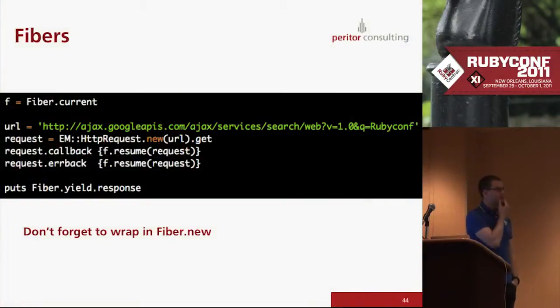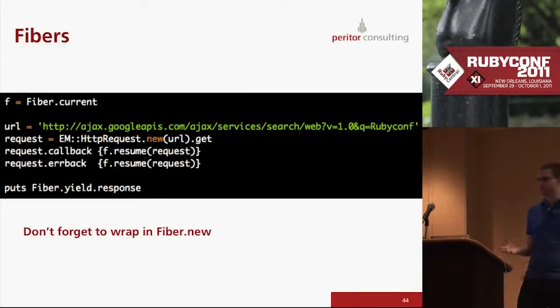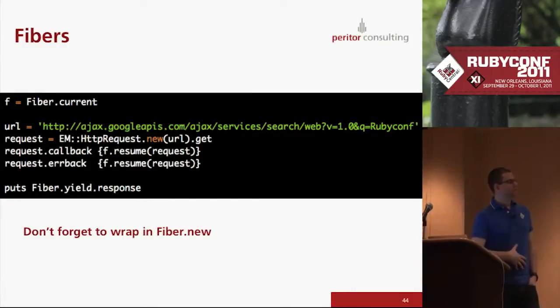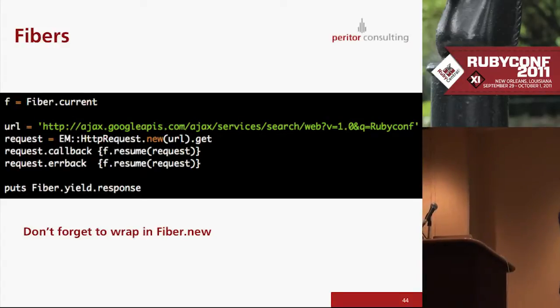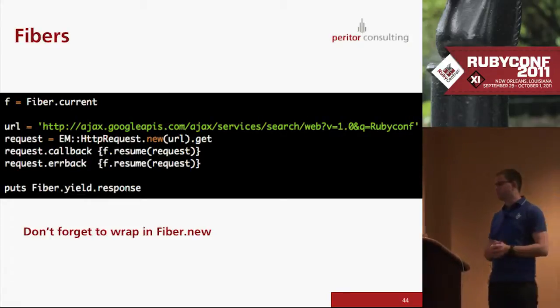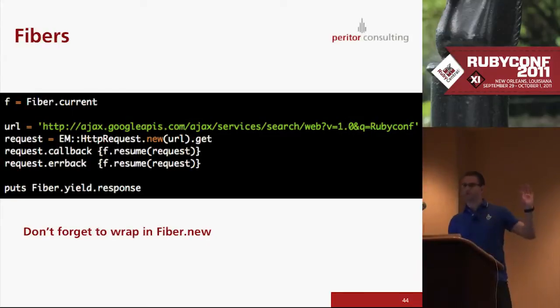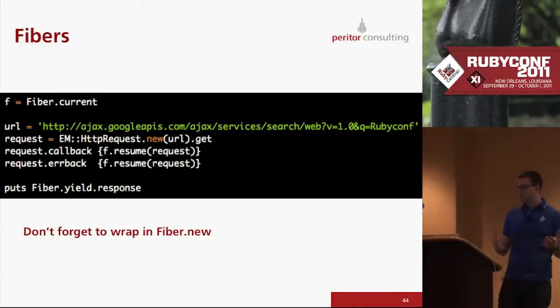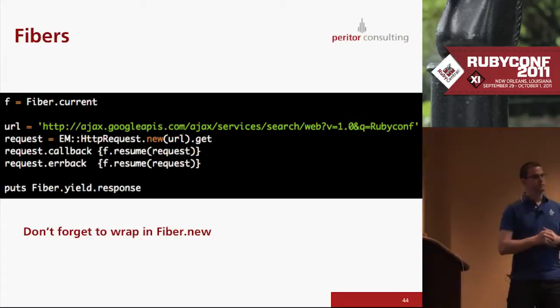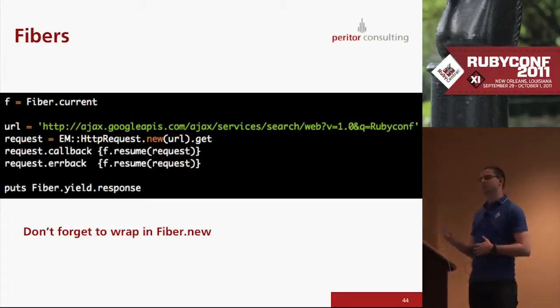To use fibers in order to make this code look synchronous, you basically have to resume the fiber on a callback and yield before you're getting your response. It sounds complicated, but as you'll see in a minute, using it is very simple. If you would do it manually, it would look like this. You're instantiating a new fiber. Then you're doing the asynchronous call and setup. And as a callback, you register a resume of your fiber,